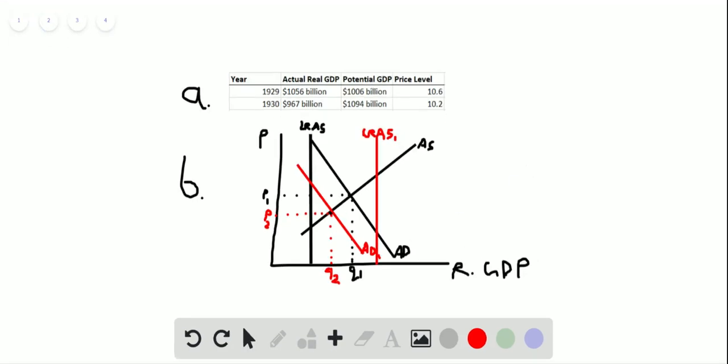All right, so here we have some data that shows the Great Depression and what happened to real GDP as well as potential GDP and the price level during those 2 years. And we want to figure out what's the difference, what's new, that happened in this recession that hasn't happened in the recessions after this point. So if you look at this little table I've made, as shown between 1929 and 1930,